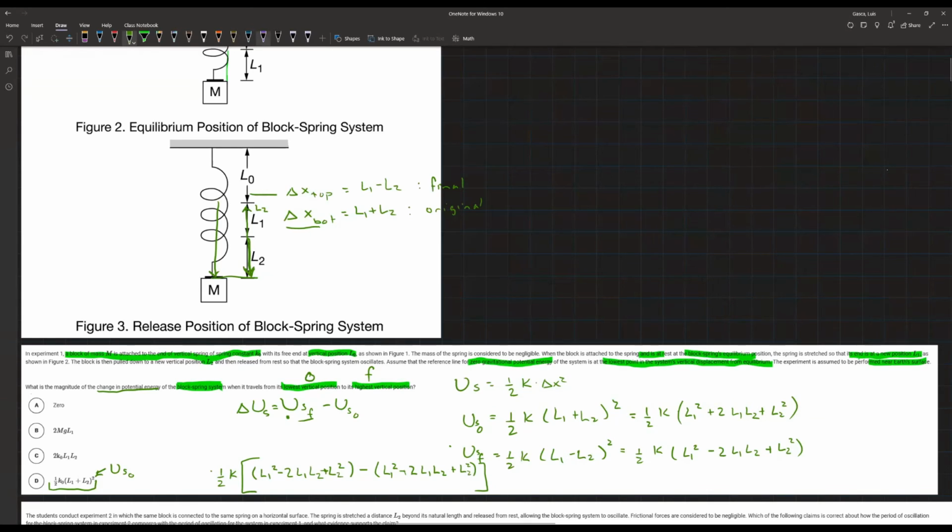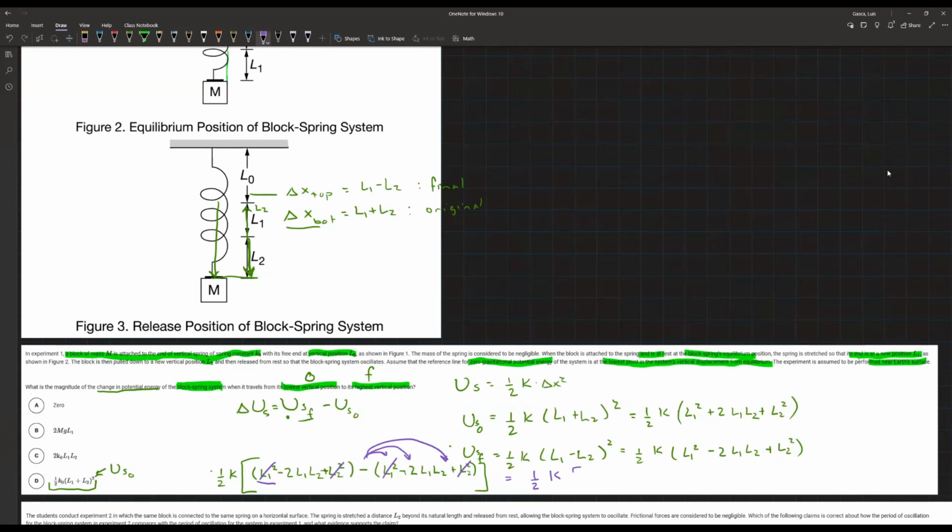So what do we find out? Well, if we distribute our negative, what happens? We're going to get L1 minus L1 squared. Those guys cancel. We have a plus L2 squared minus L2 squared. These guys are also going to cancel. And so what's going to remain out of all this is 1/2